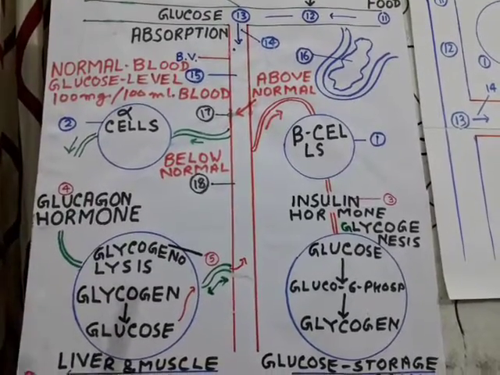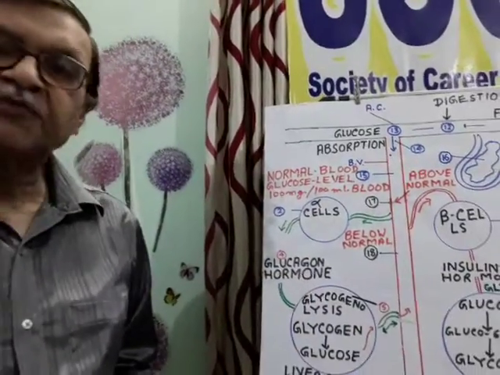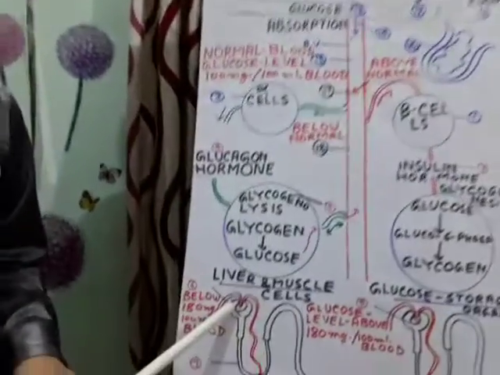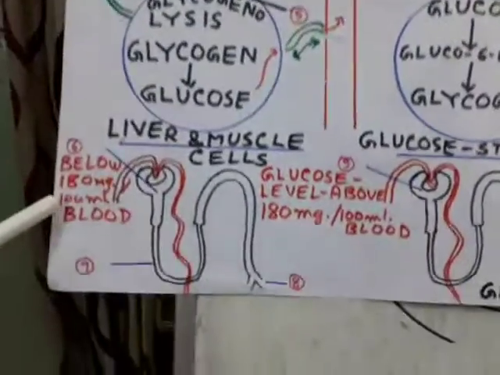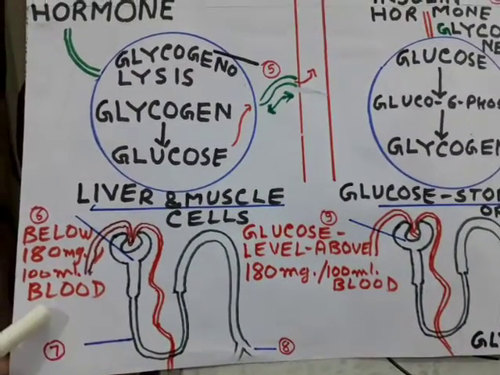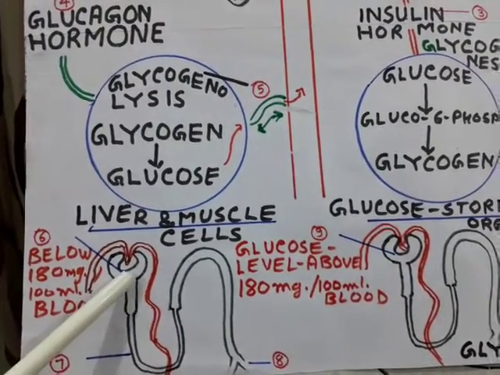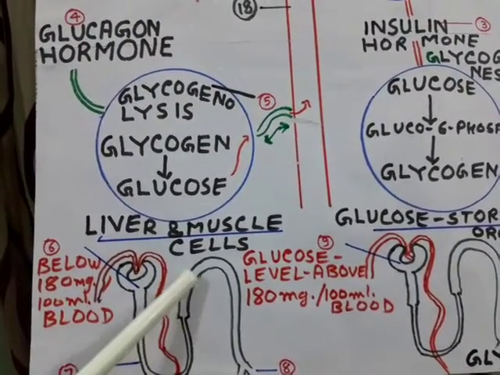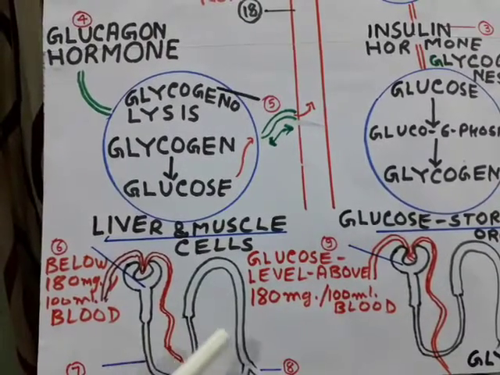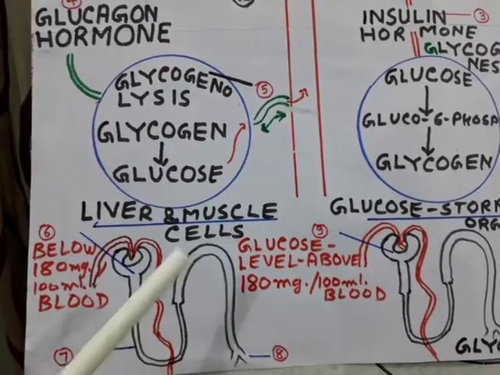One more interesting fact is there. During urine formation, glomerular filtrate also contains glucose, and the tubular maximum for glucose is about 180 milligram per 100 ml of blood. So up to this level, all glucose present in the glomerular filtrate is reabsorbed by active transport into the surrounding blood vessels, and no glucose passes into urine. It is a normal routine.